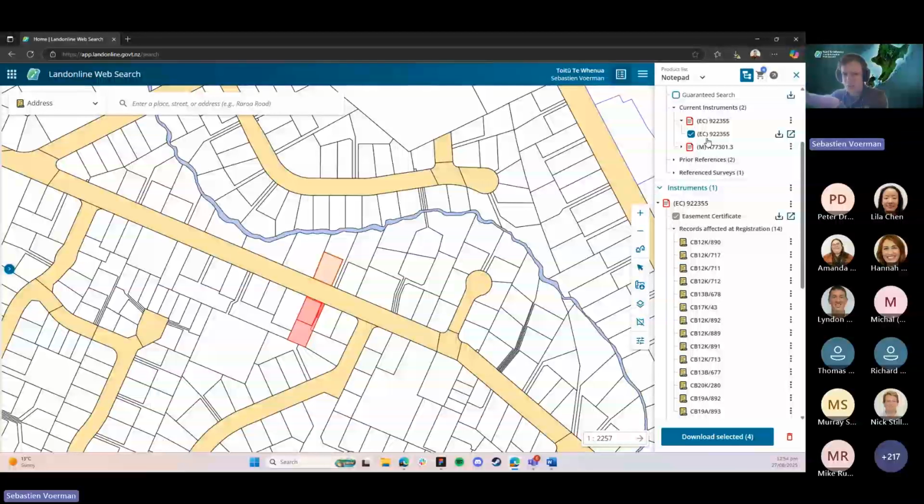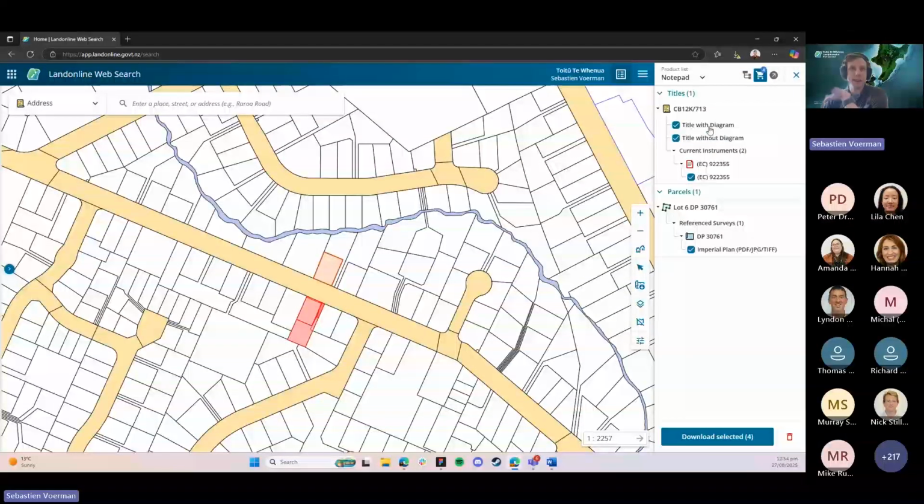How do I quickly check what is actually selected for purchase if I've got 100 items in my product list? That's where this little tab here comes in. At the top of the product list, we've got list view, and then we've got cart view. Cart view simplifies the list down to only show you the things that you have got